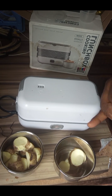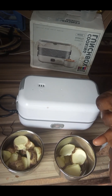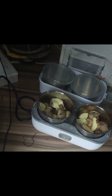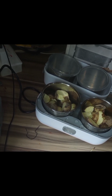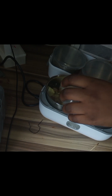And so I started off by chopping and cutting my potatoes into pieces, and before that I had started heating some water. Since this has 4 bowls, there are 2 bowls in there already that I had started heating. Okay, so the water in the base is already hot. All right, and I just added my water and made sure that it was enough. Then I also added my salt